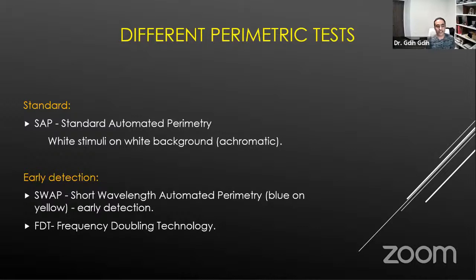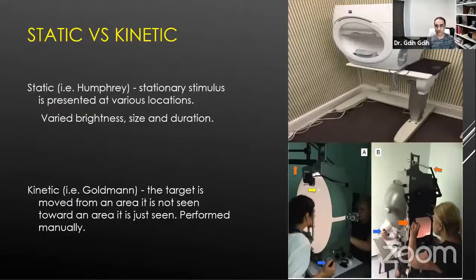And then we have the early detection like SWAP or FDT. We're not going to talk about them. They use colors like blue on yellow. They believe that they have an early detection of glaucoma before it becomes visible on the standard automated field. But just for a mention, we're not going to go through that. And then we have